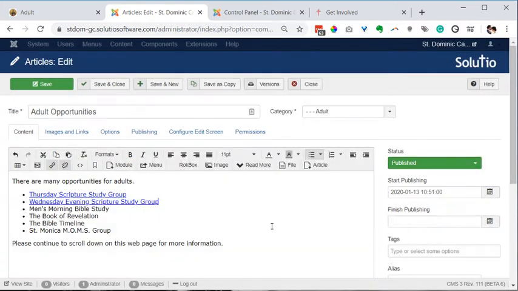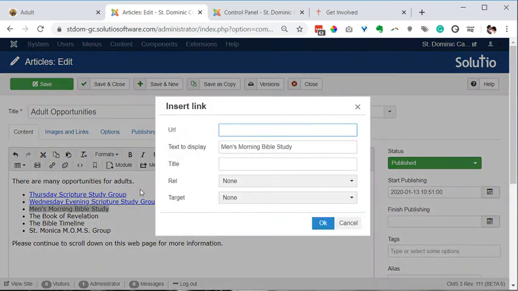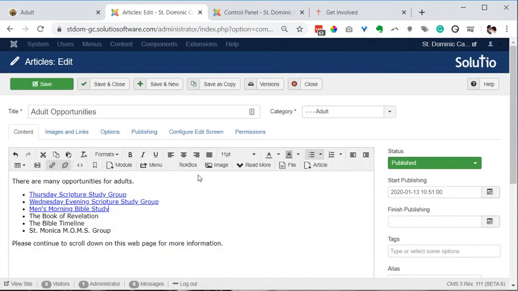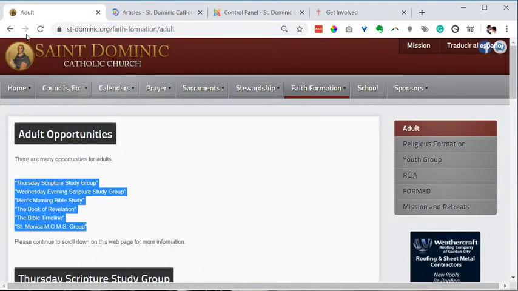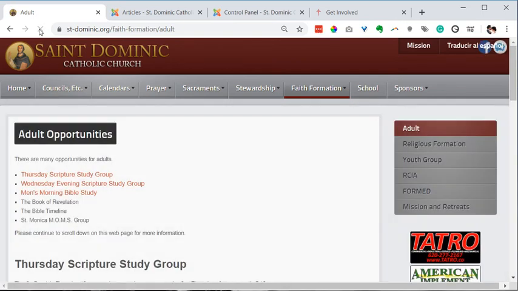And you're probably following along and remembering what I'm not remembering. So if I'm wrong, I probably have something that I might be missing. But we're going to go ahead and save and close this. Go back to the adult page and refresh. And those are red now, so I can tell they're hyperlinked. And if I click on it,